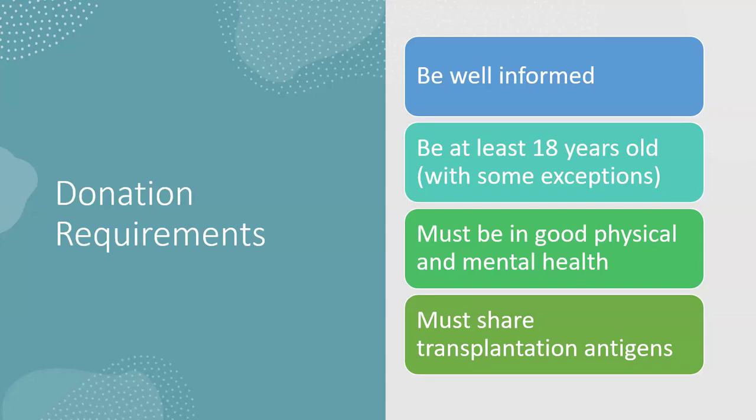The recipient has to be about the same physical body size as the donor. And we've talked about MHC complexes. Remember those signs that each individual cell holds up that says, "This is me, this is me." You have to match 5 out of 8 MHC. That's the major histocompatibility complexes. So you must share 5 out of 8 of the transplantation MHC antigens.